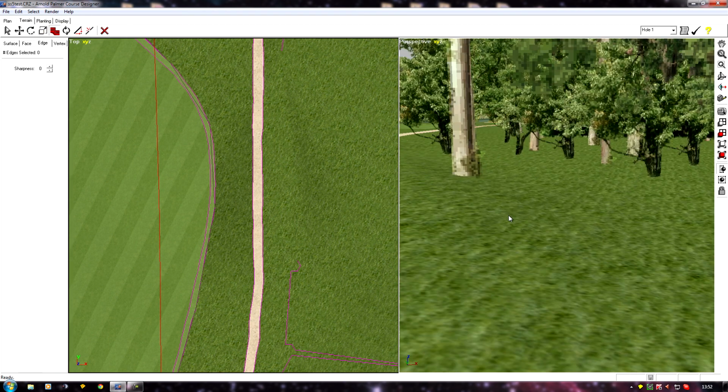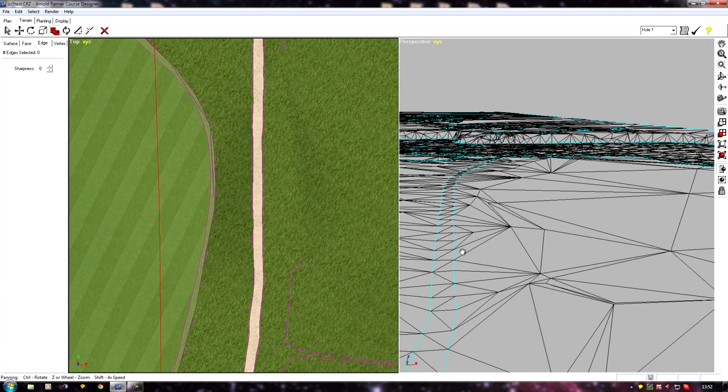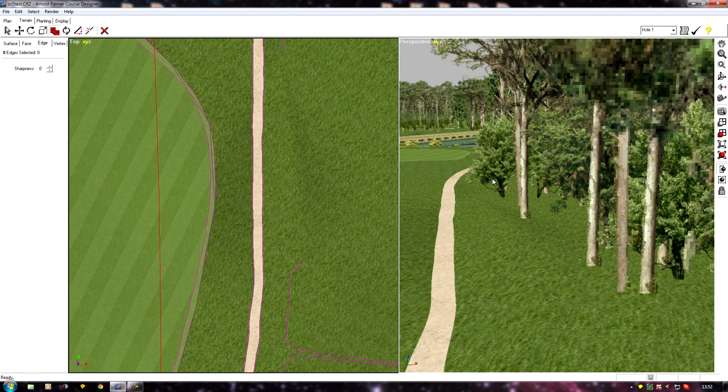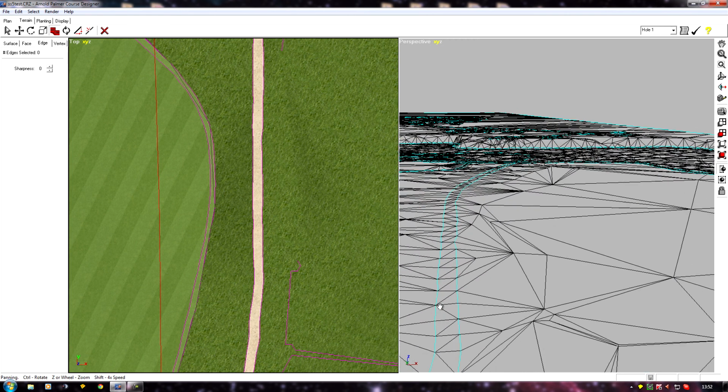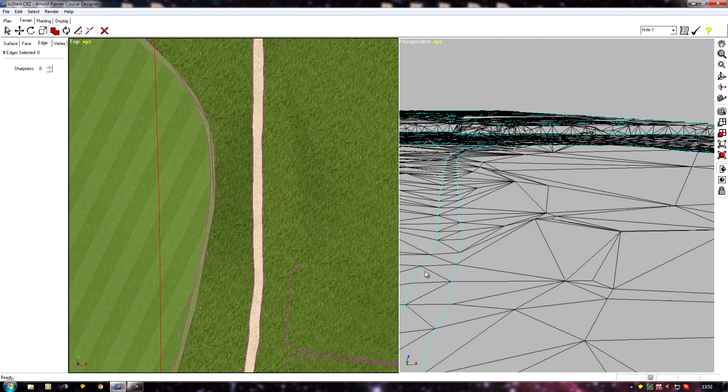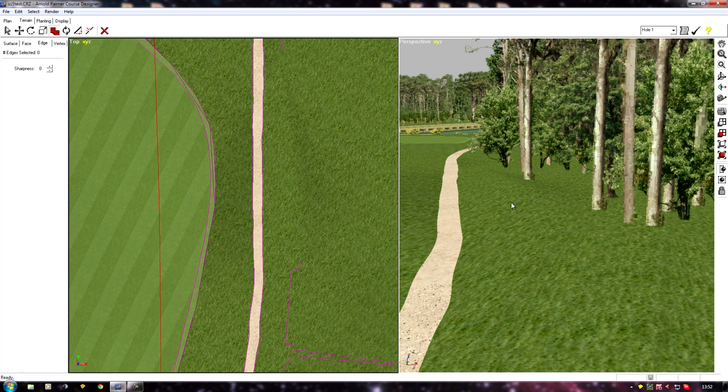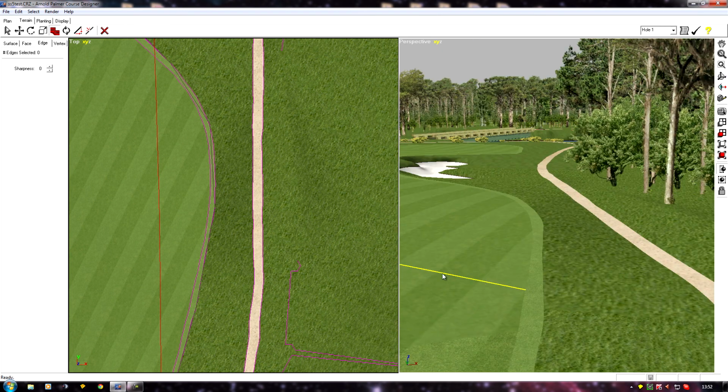But as I say, this tree might be floating slightly now, so you will need to select the surrounding plants and just move them very fractionally horizontally to make them snap back to the ground. So